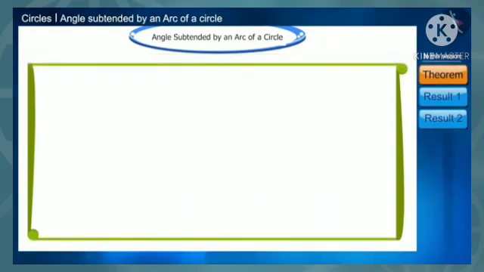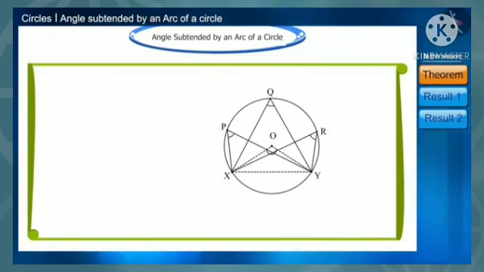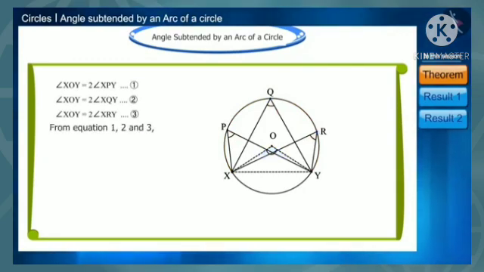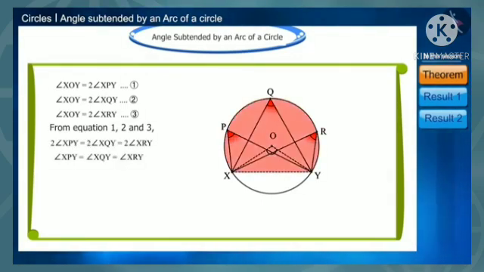Let's go ahead, observe this figure. What can you say about these angles? Friends, all these angles, angle XPY, angle XQY, angle XRY, are the angles subtended by the same arc XY at different points in the remainder of the circle. So we can write the angle XOY in this way. Thus we found that all these angles will be equal. All these angles are located in the same segment of a circle. Therefore, we can say that the angles of the same segment are equal.